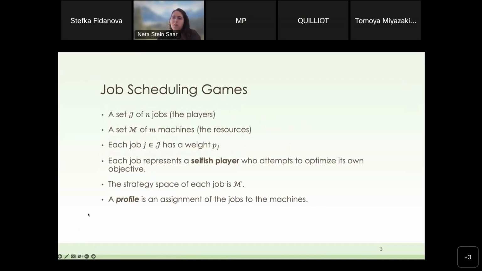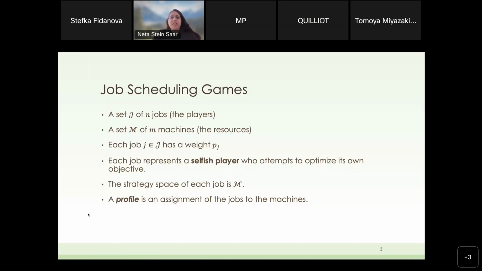Okay, so what are job scheduling games? It's a game constructed of a set J of n jobs, which are our players. We have a set M of m machines, which are the resources, where each job j in J has a certain weight p_j. Each job represents a selfish player, which attempts to optimize its own objectives. And the strategy space of each of the jobs is the machines, where each job can schedule itself on one